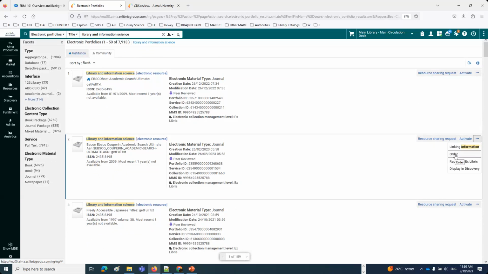But if I say order, that's going to create the purchase order line. And then later on, at some stage, the vendor will make it available. And if I need to do anything else to it, I'll do anything else to it. There's all different ways we can play around on the electronic collection level, on the portfolio level. Then I'll make it active. Okay,